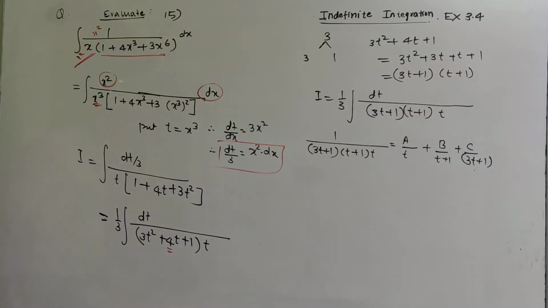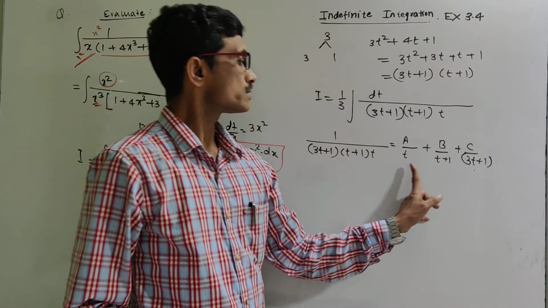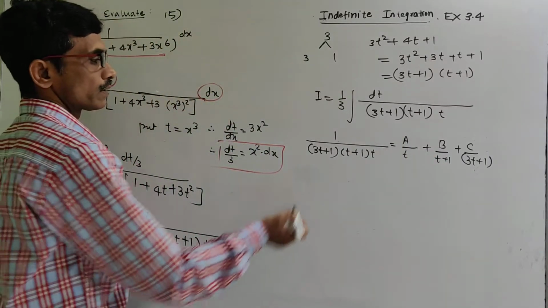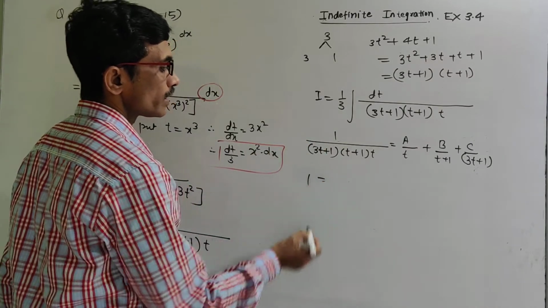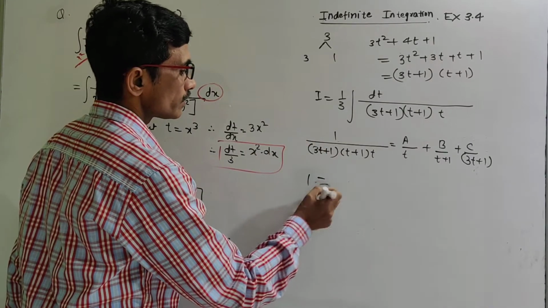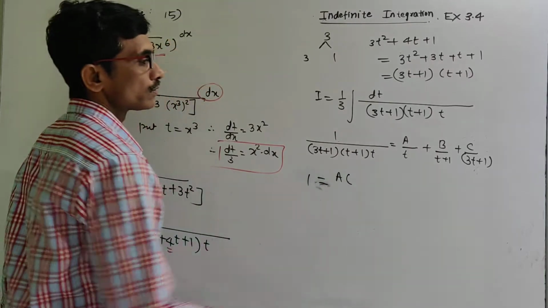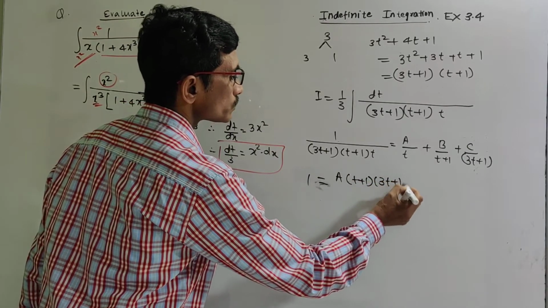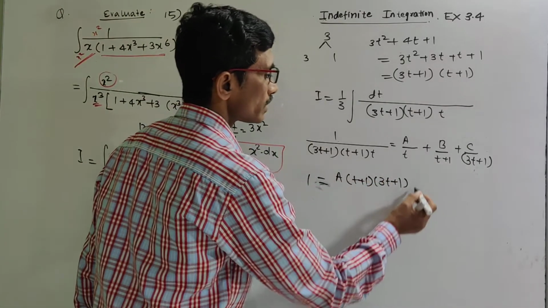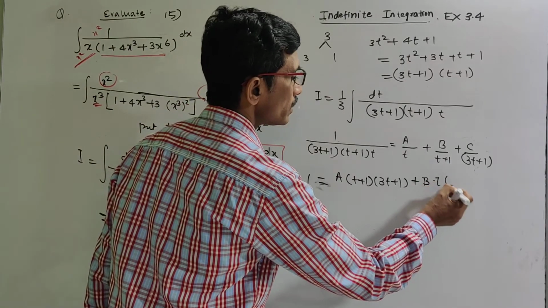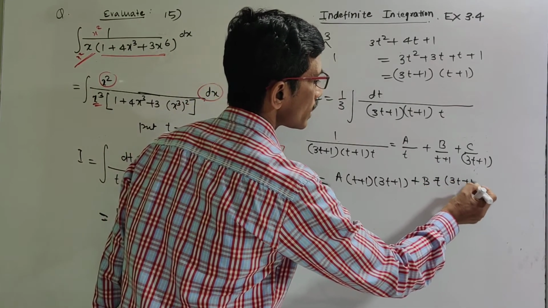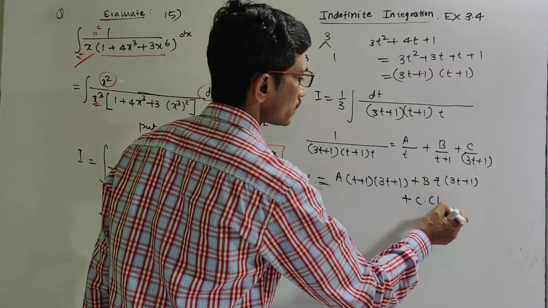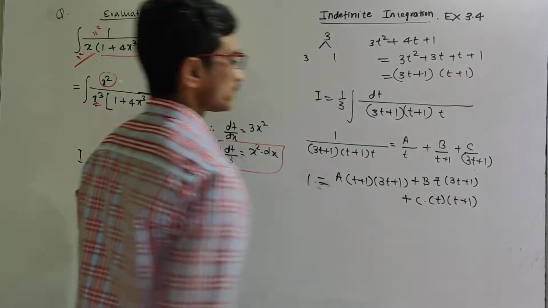So LCM of the denominator is t plus 1 and 3t plus 1. So 3t plus 1 and t plus 1 is multiplied over here. हम खाली न्यूमरेटर इक्वेट करते हैं. न्यूमरेटर विल बी इक्वल टू a इंटू ये दो फैक्टर्स मल्टीप्लाई करने होंगे t प्लस 1 एंड 3t प्लस 1. यहाँ पे ये दो फैक्टर्स मल्टीप्लाई करने होंगे b इंटू t इंटू 3t प्लस 1 प्लस c इंटू t एंड t प्लस 1.